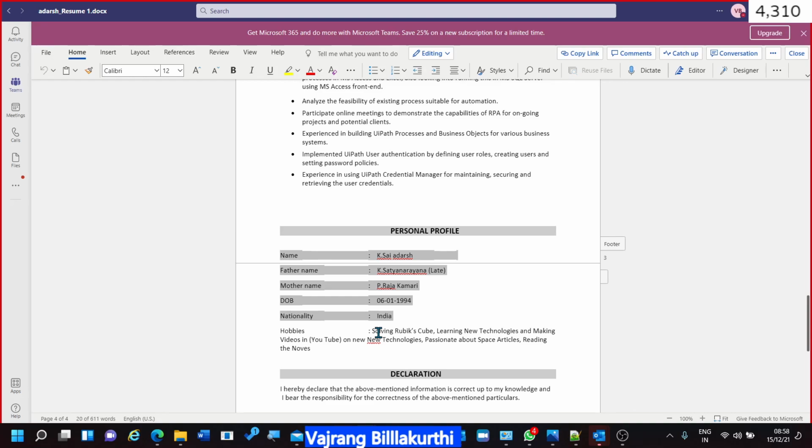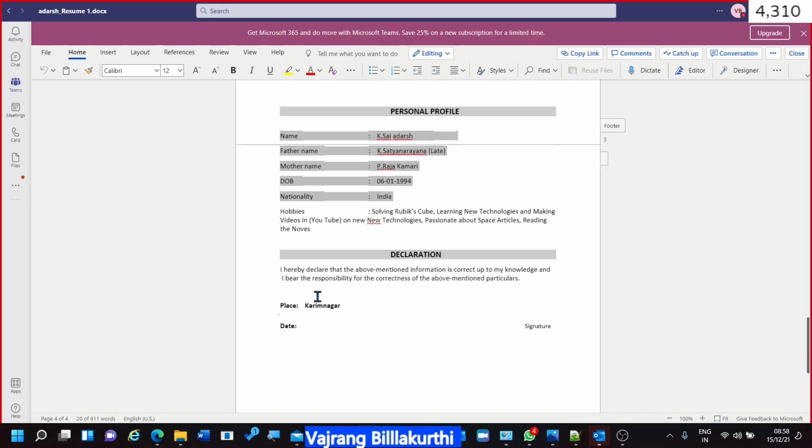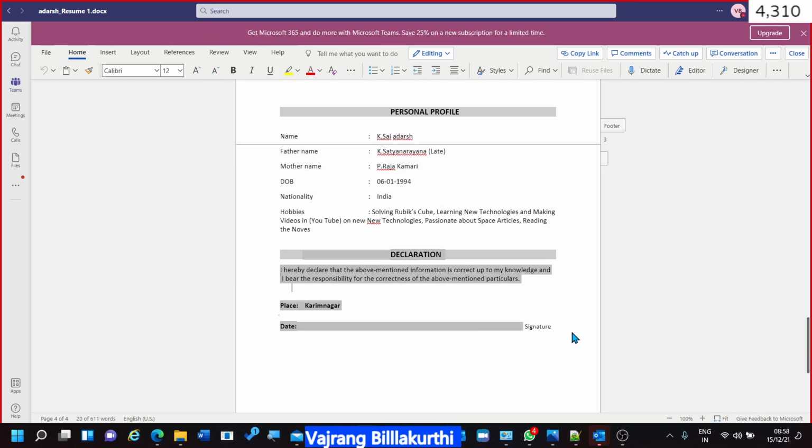LinkedIn profile, YouTube if you have, or if you are writing any blogs, you can add the blog URL, everything. Resume is something where you need to be able to talk about each and everything in it to an interviewer. If you don't want to talk about solving a Rubik's Cube with the interviewer, don't write it. Also this declaration and place are not required.